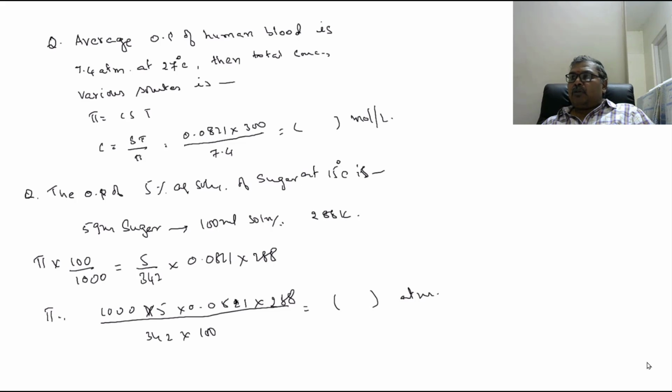So this is about dilute solutions, the first important part of the solutions topic, colligative properties. Next class I will explain the Van't Hoff factor. Only one class is required. After that, liquid solutions. Liquid in liquid solutions are of two types, ideal solutions and non-ideal solutions. So what is ideal behavior and what is non-ideal behavior, we will discuss in that. Okay, right.